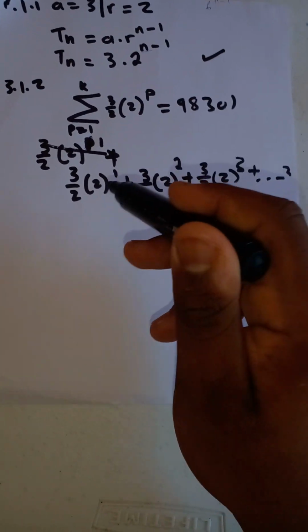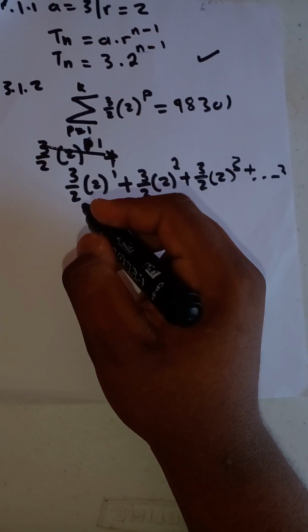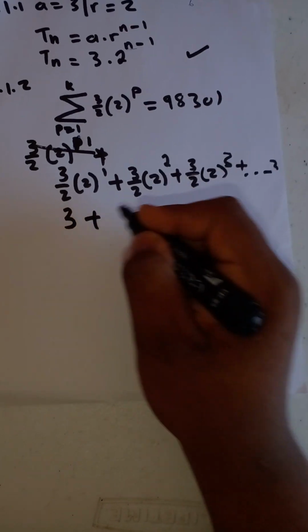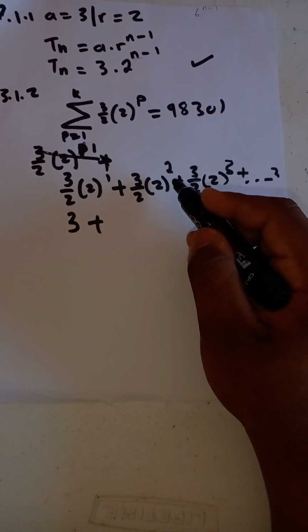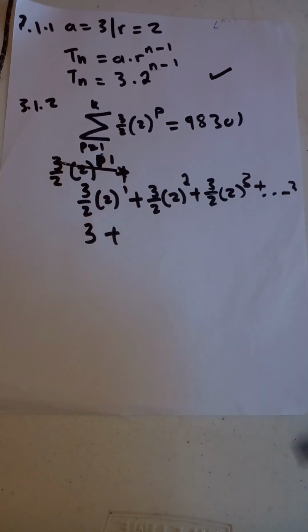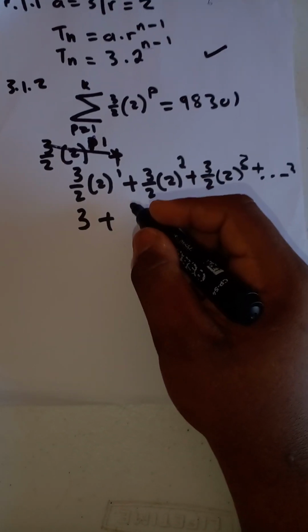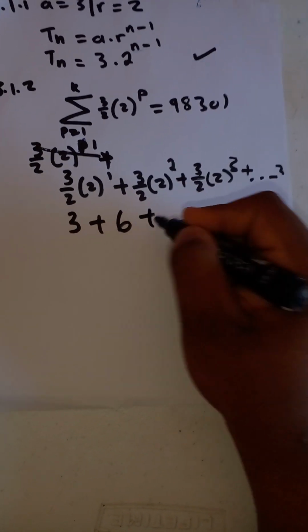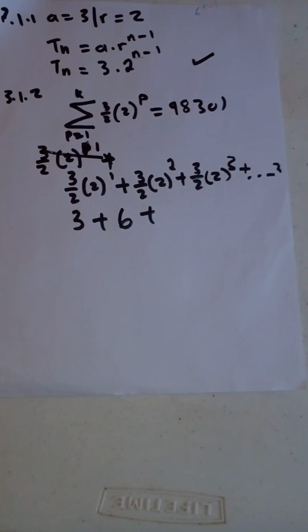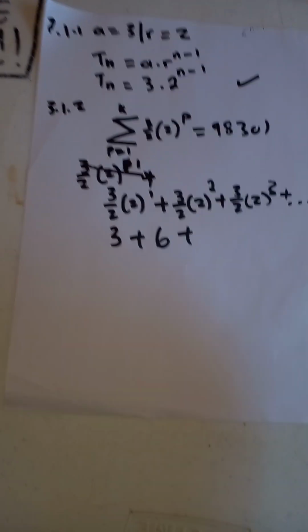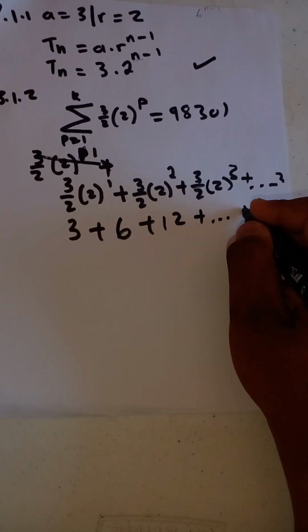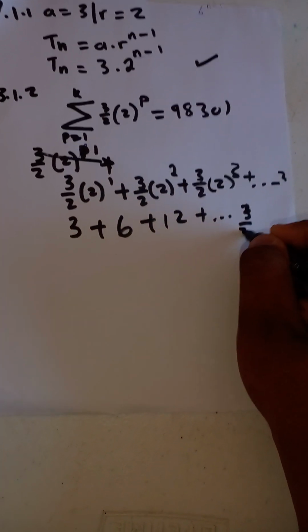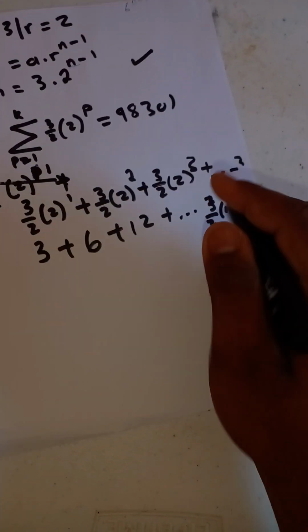So 3 over 2 times 2. So this one will cancel. So I have 3 there, plus 2 squared, which is 4. So 3 over 2 times 4 is 6, plus 2 cubed, which is 8. 3 over 2 times 8 is 12, plus 3 over 2 where there is 2, this thing,